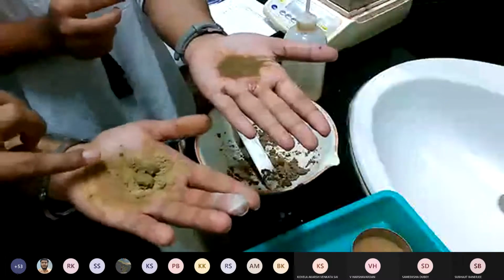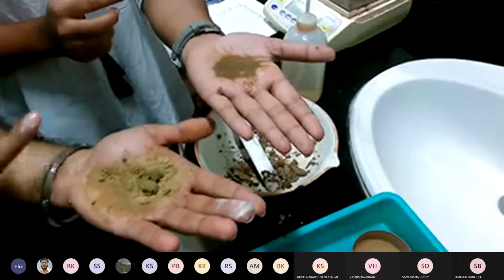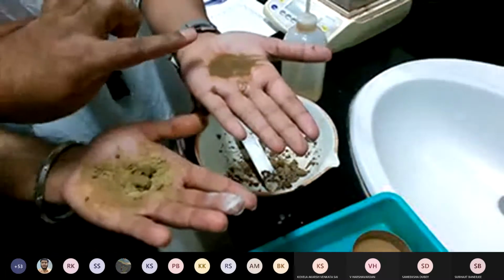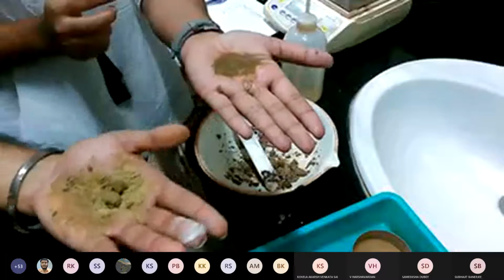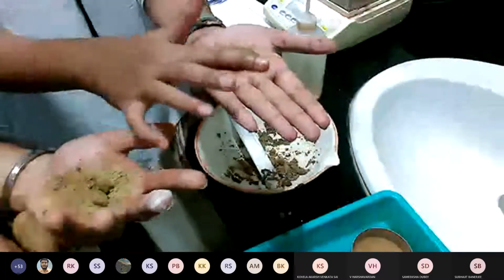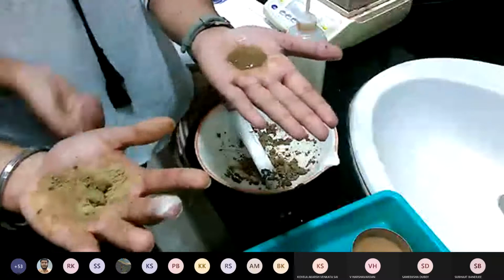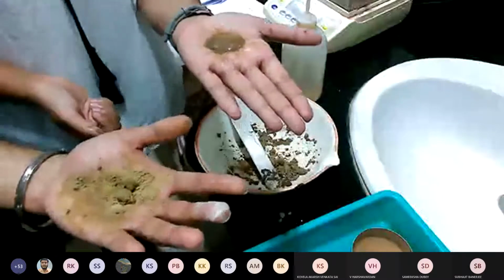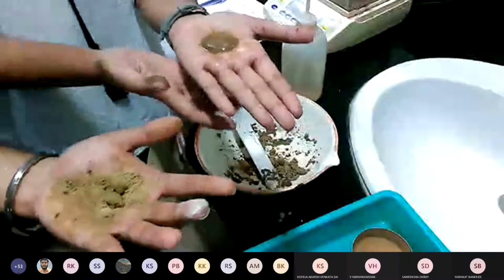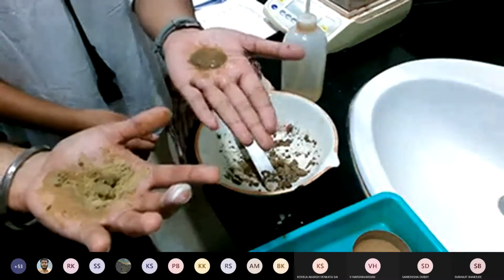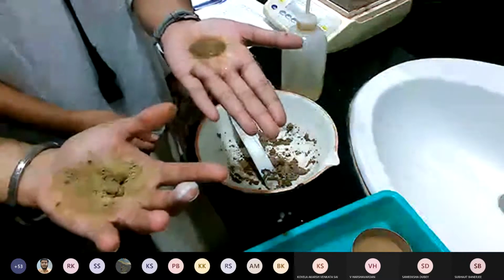This is because of the water holding capacity or plasticity characteristics. Here it is not sticking to the palm because it doesn't have any plasticity characteristics. As long as the particles don't have plasticity characteristics, they do not stick to the palm or any other body. This is how we can distinguish whether the soil is exhibiting plasticity characteristics or not.